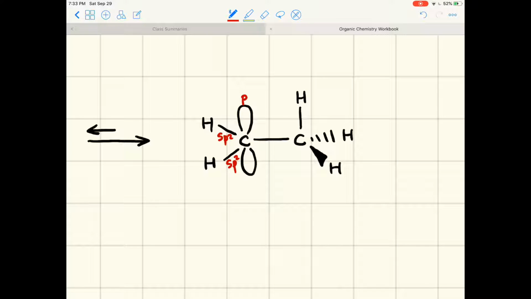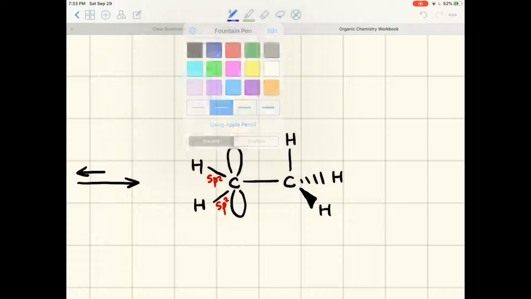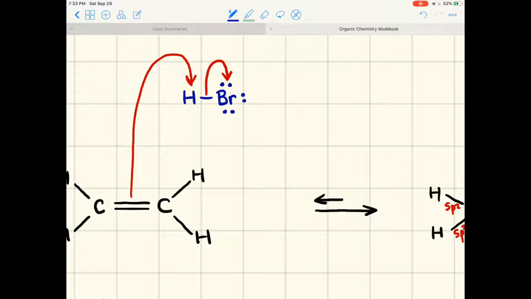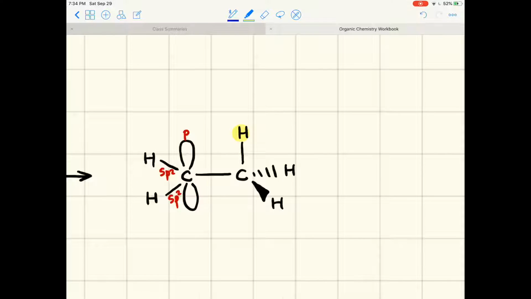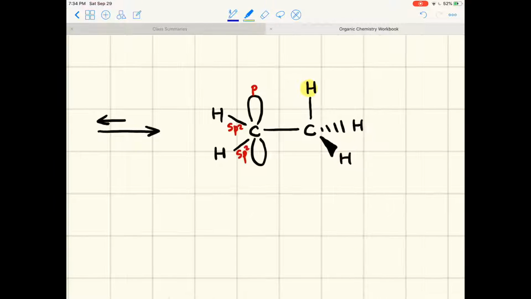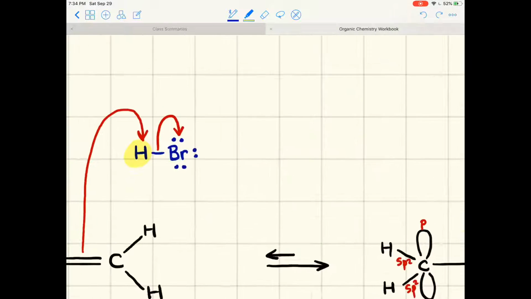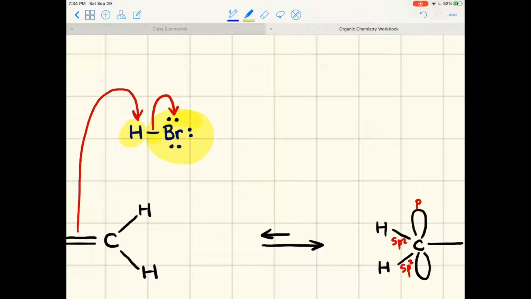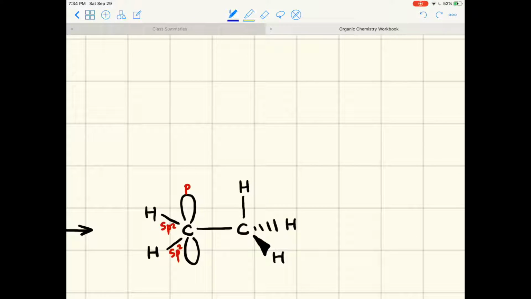I'll expand on that. Going back to our molecule over here, this hydrogen right here is this guy right here. So it has come and attached to this carbon. Now we still have this guy, our bromine. What happened with the bromine? Let's find out. So the bromine had these 6 electrons already, but then it accepted another pair of electrons from the bond to become the bromide